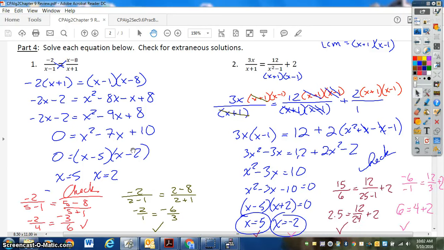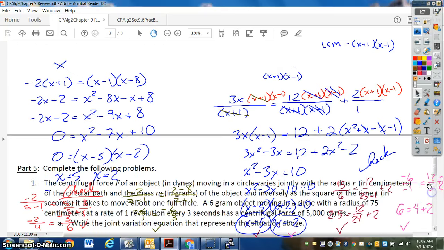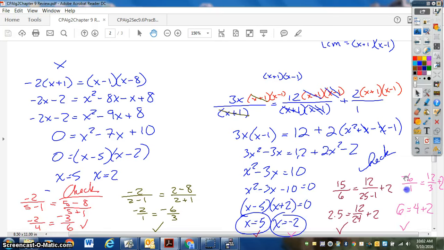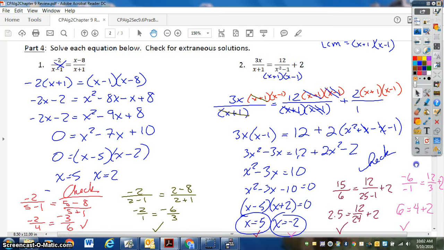So, as far as the checks are concerned, here is my work for 5. If you plug 5 in, 3 times 5 is 15. 5 plus 1 is 6. This is 2 and a half. And then 5 squared, 25 minus 1 is 24. That's a half plus 2. Yeah, that works. Plug negative 2 in. You're going to get negative 6 over negative 1. Then you're going to get 12 over 3, because negative 2 squared is 4. 4 minus 1 is 3. So, didn't mean to make that jump there. Okay. So what you see here is, you're going to get